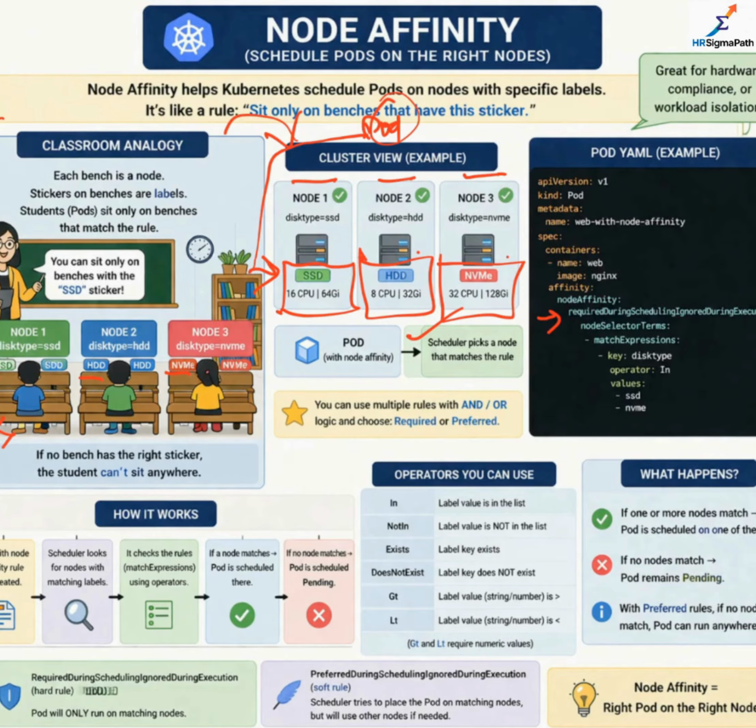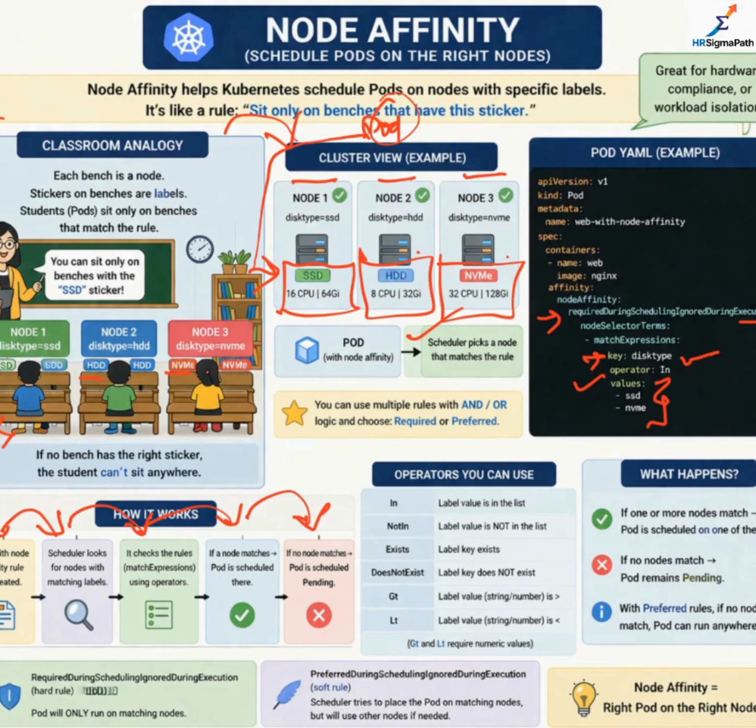So this is how we write the rule in code, where we simplify by using the key, which is written as type, and the values are mentioned as SSD and NVMe. So we are telling Kubernetes to run this particular pod only on nodes where the type labels are SSD or NVMe. Now the pod is created, and the scheduler checks the nodes. If a match is found, the pod runs, and if not, then the pod waits in the pending status.